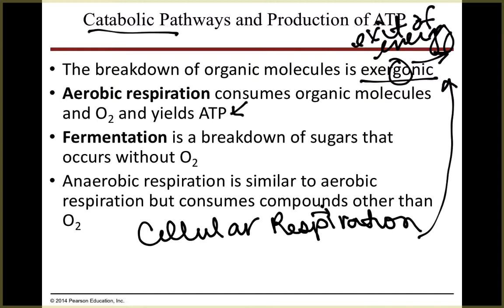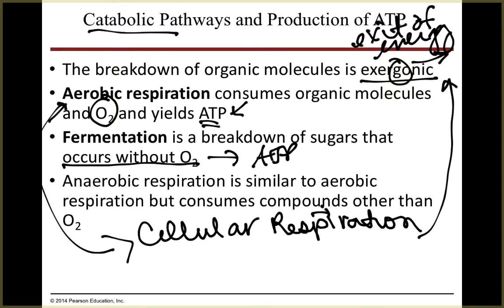Next week, when we get into photosynthesis, that's going to be an endergonic reaction because it's anabolic and we're building it. So aerobic respiration is specifically cellular respiration. In that, if you notice, we're going to have oxygen to make ATP. Fermentation also makes ATP, but it is a reaction that essentially occurs without O2. Aerobic means with oxygen, and anaerobic